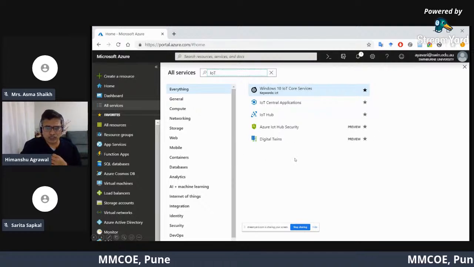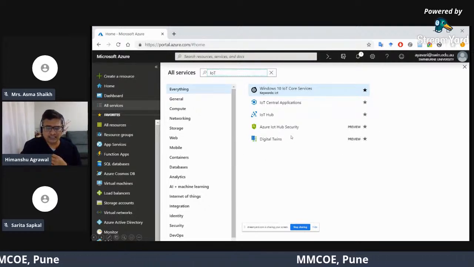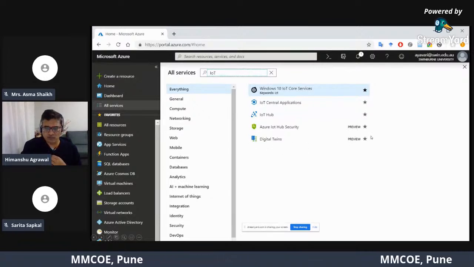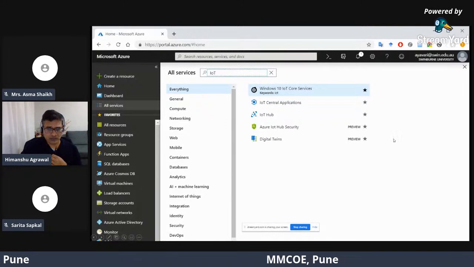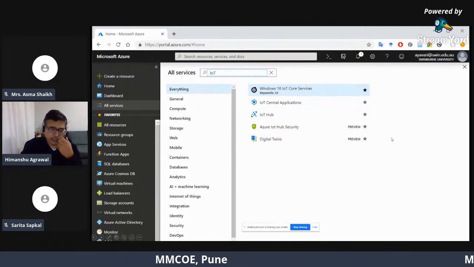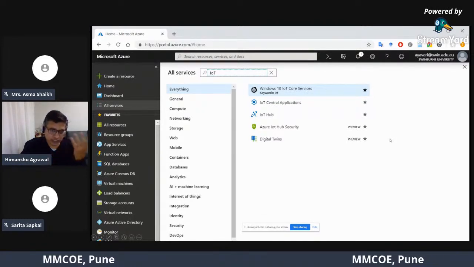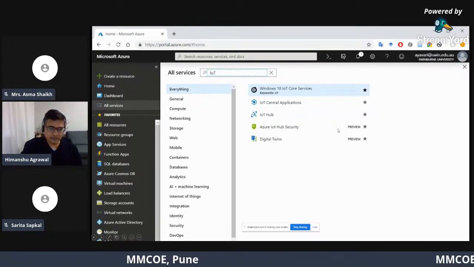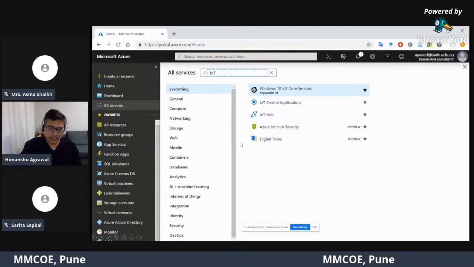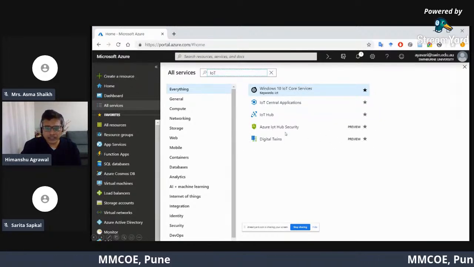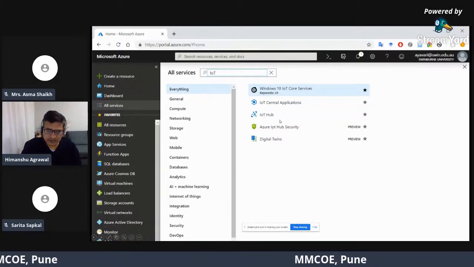I'm not going to talk about digital twins, but this is another emerging technology as far as Industry 4.0 is concerned. Those who are working on Industry 4.0, definitely this would be of interest to you. So IoT Hub, let's see here.